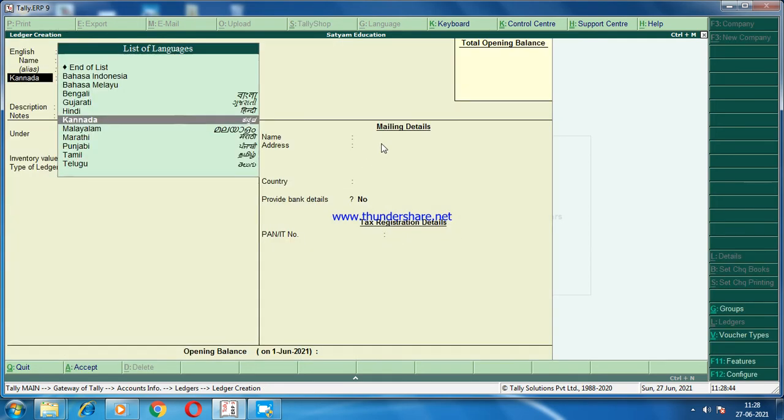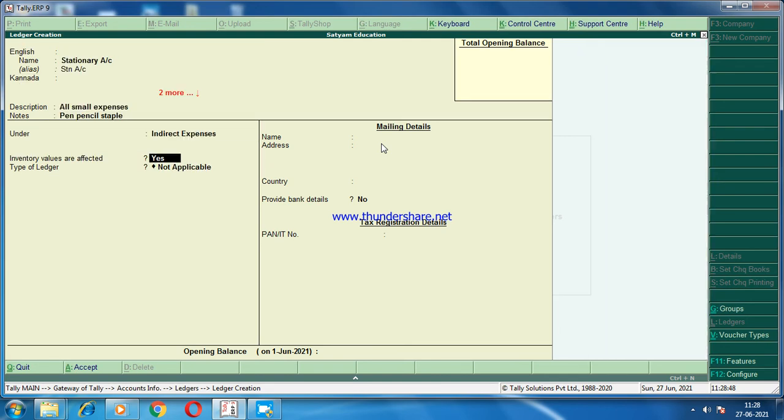See, here it will ask you to enter the mailing details. Sometimes when we are going to create the ledger, we need to enter the mailing details, because if you would like to create the personal accounts, the personal account needs the mailing details of sundry debtors or the sundry creditors or the proprietor details. At such a time we need to enter the mailing details of the account. But now stationery is not a personal account, so it is not available for you to enter the name and addresses.